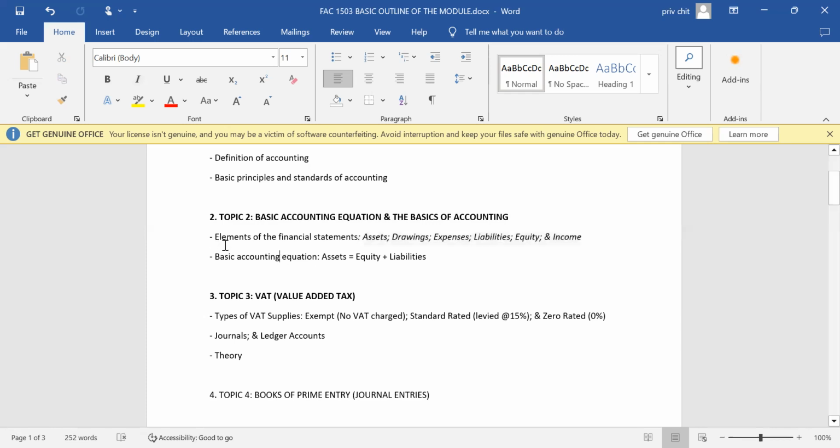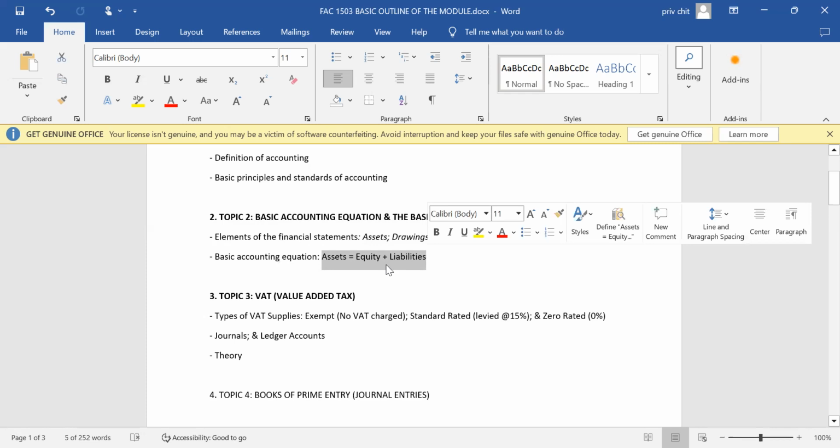So now, what is this basic accounting equation that we're referring to? Your basic accounting equation can be reflected as assets equals equity plus liabilities. That's how they'll normally portray it in the context of a question. So it will be like, okay, you need to show the reflection of a transaction as to how it affects, for instance, the asset element, how it affects the equity element, and how it affects the liability element. Most of these things would make sense, especially if I get to do practical questions with you, so that you can at least gain some insight as to how this whole thing really operates, right?